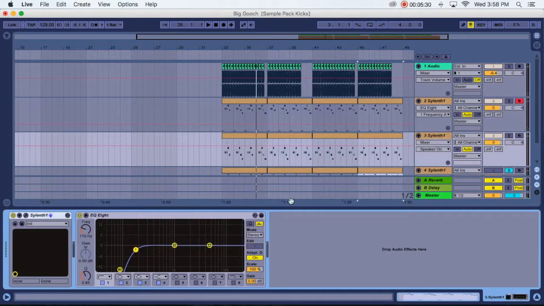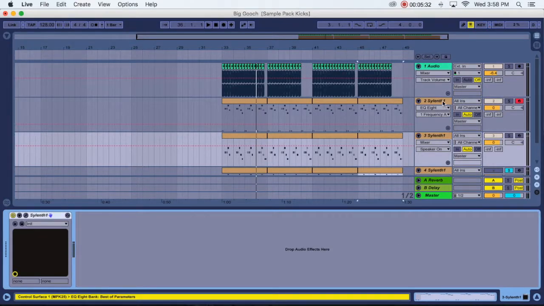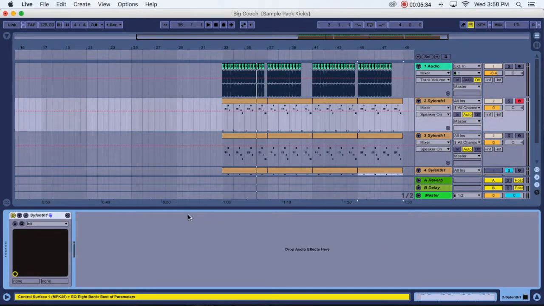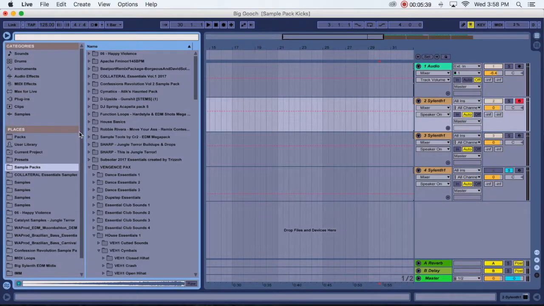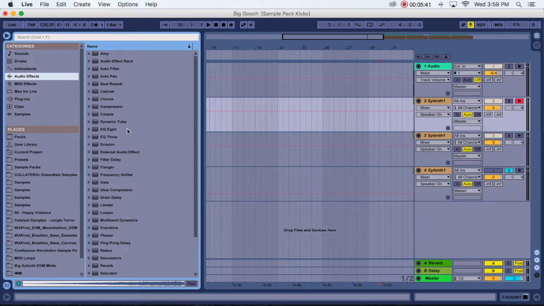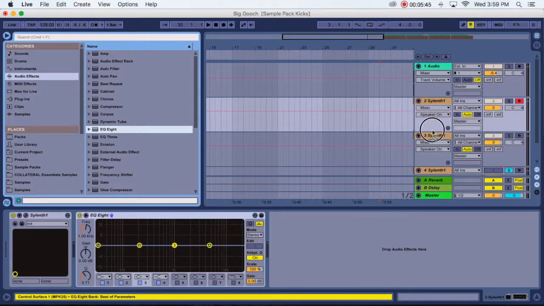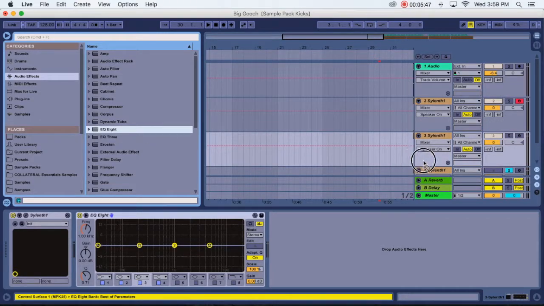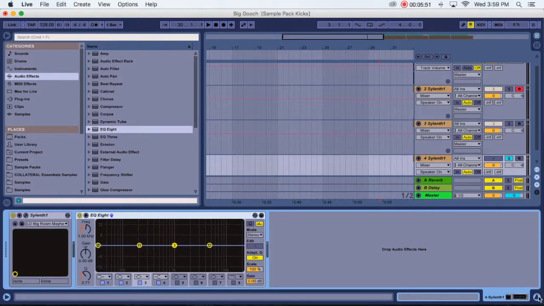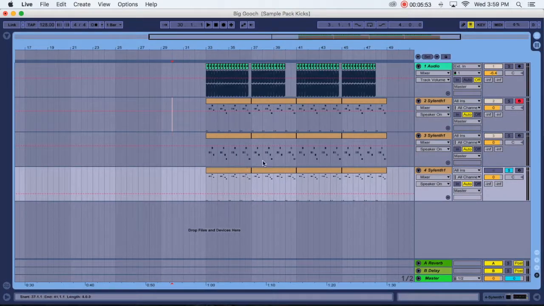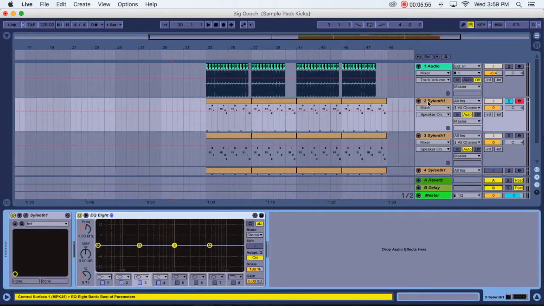Alright, so I already brought EQs in to this one before we even started, but I'm just going to show you guys. The next thing you want to do is EQ these three. So go to Audio Effects, EQ 8, and drag an EQ 8 into each one. And we're going to cut out the low ends because you just can't have any low end fighting with your kicks. Alright, so for this one,